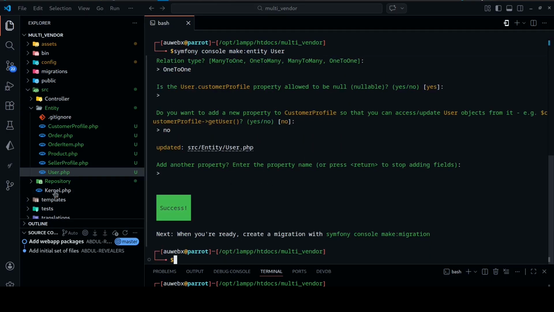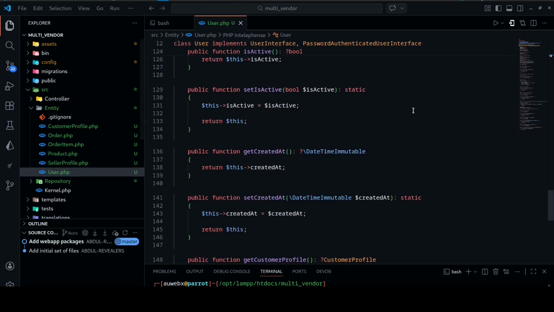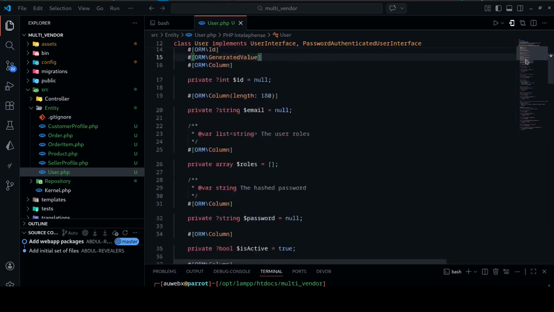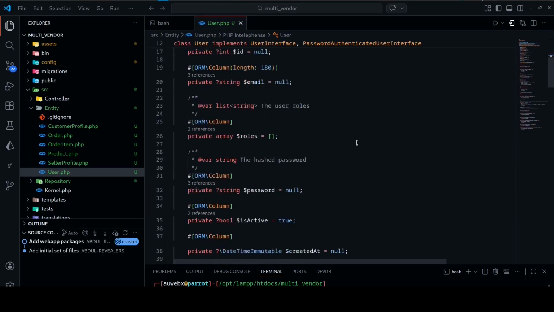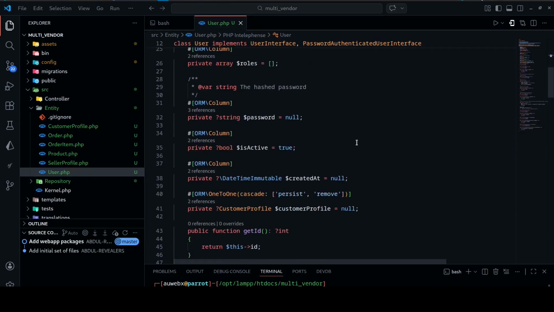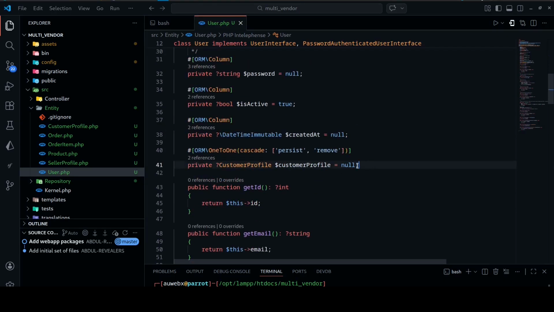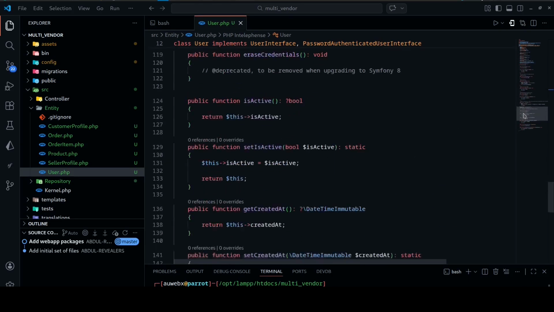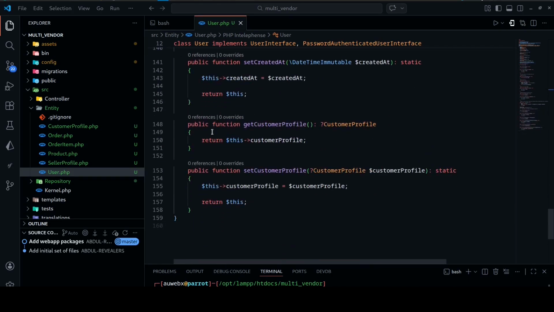So now let's visit the user entity. So from the top, you can see we have the customer profile added. All right. Now when we come down also, we have the get customer profile and also set customer profile. So for this get customer profile, let's try to make little changes here. We're going to use